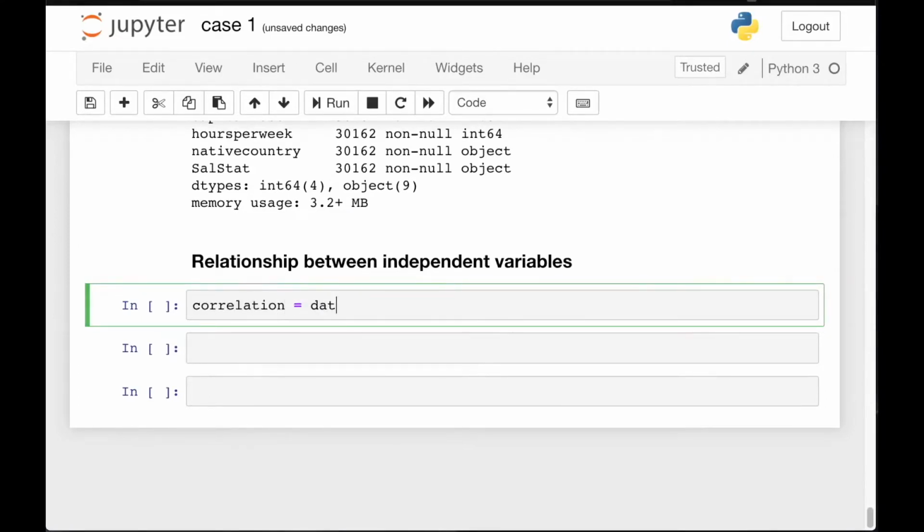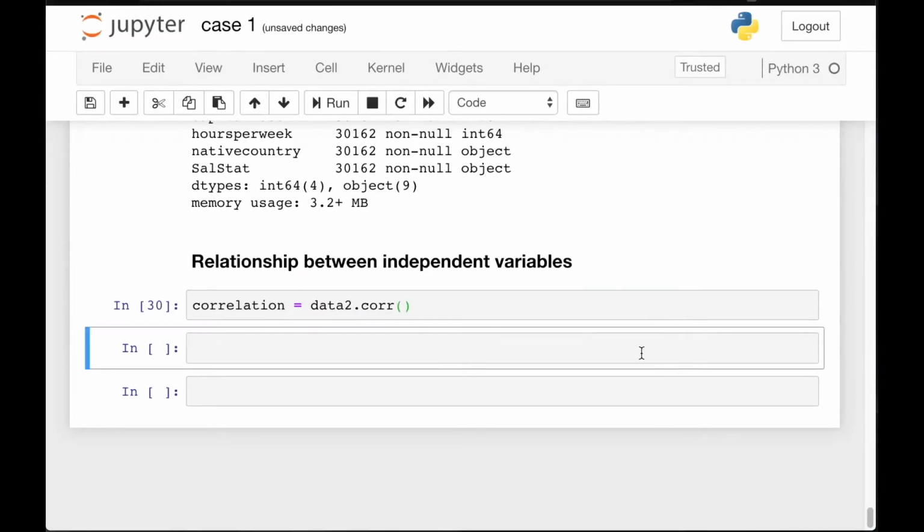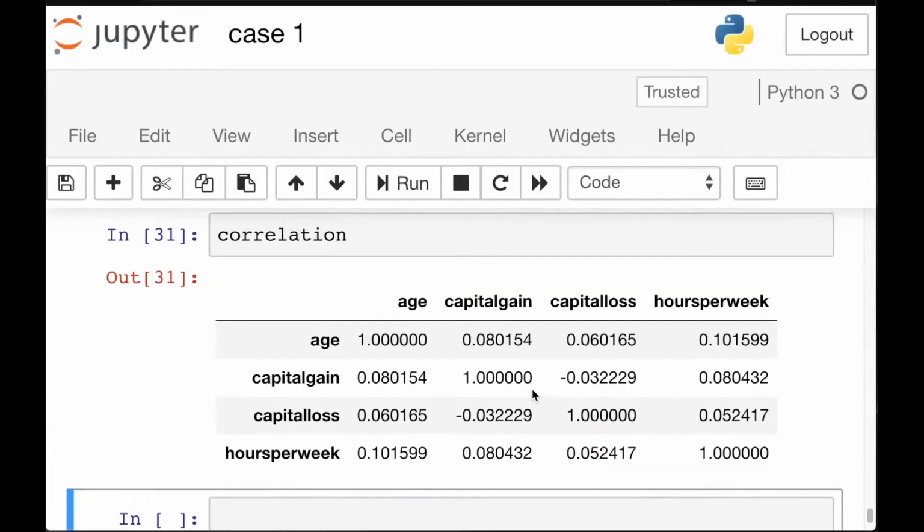Inside that we'll pass our newly formed data2 dot corr function, and if we run this correlation, you can see the correlation between these numerical variables: age, capital gain, capital loss, and hours per week. Nowhere is it near 1. Since the correlation goes from -1 to 1, -1 is negative correlation and near to 1 is positive correlation, and if it is near to 0 there is no correlation. So here you can see none of the variables show values close to 1, so these are not correlated to